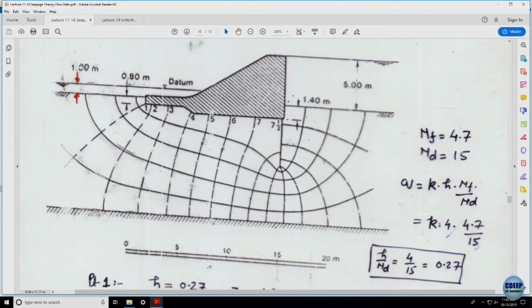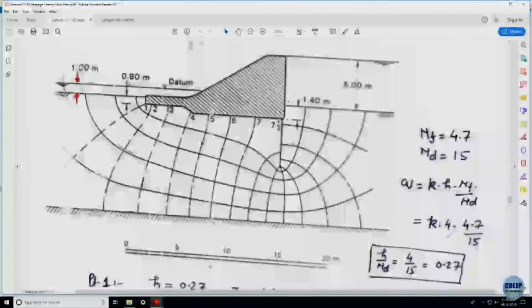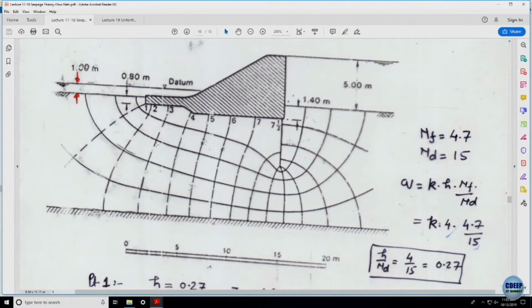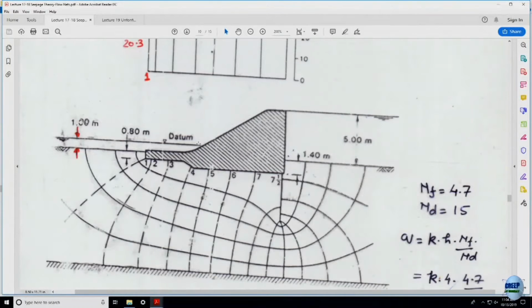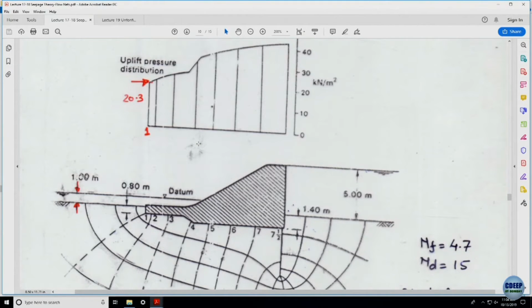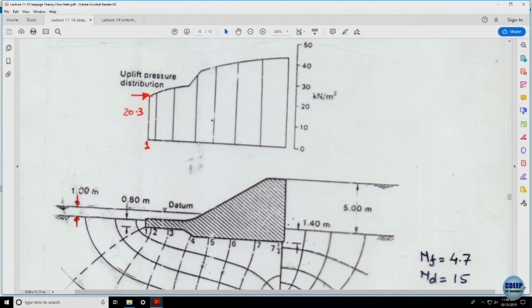I can find out this discharge across any element. So, suppose if this is the element across which I want to find out the discharge, what I should be knowing is what is the head difference across any element, and then NF upon ND I will be using, and then I can compute the Q value. What I want to highlight over here is these type of analyses are done to find out the uplift due to the seepage. If you remember, when we were talking about the seepage force computation, I had drawn a figure where I had created an earthen dam, and then at the base of the earthen dam I had shown you that this is the seepage pressure which is acting.